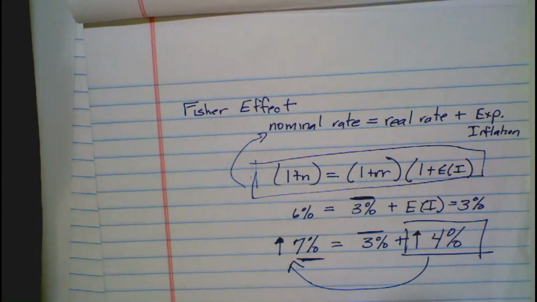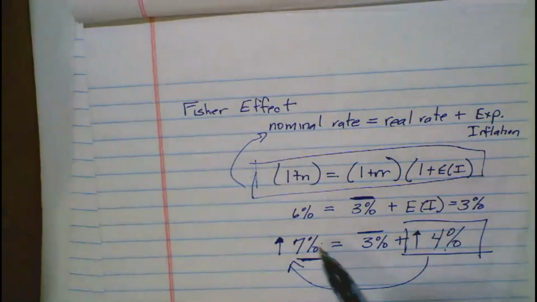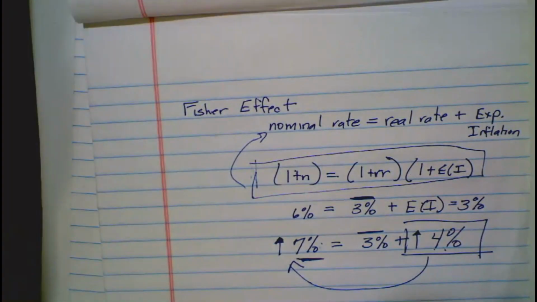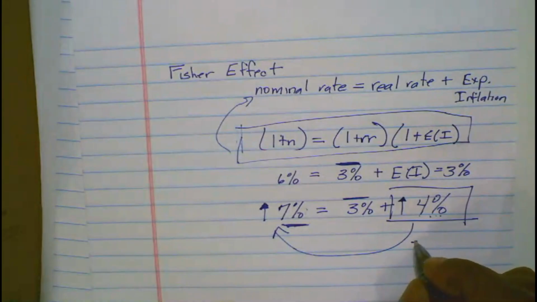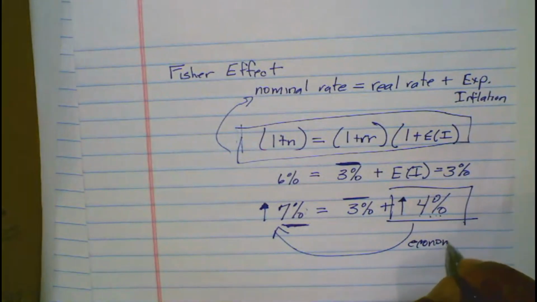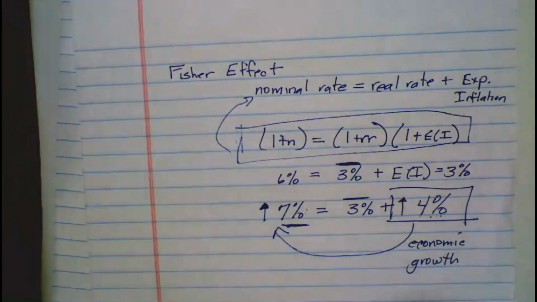So in essence, what's the implication? Without inflation, you don't tend to have increases in interest rates. And what drives inflation, generally speaking? Economic growth. We need growth to generate the inflation. Without the economic growth, you don't get the inflation, you don't get higher interest rates. Which brings us back to